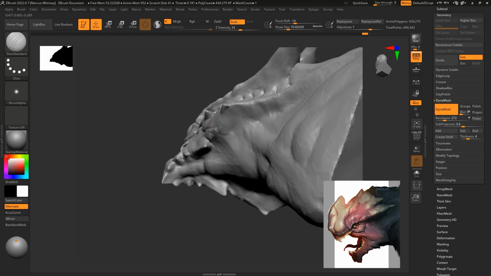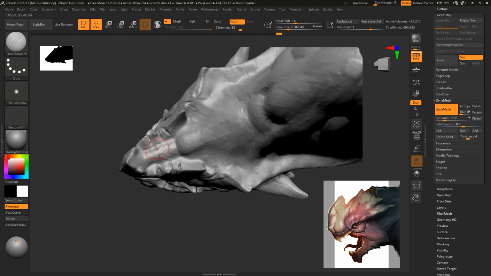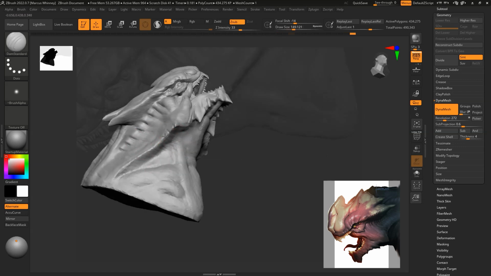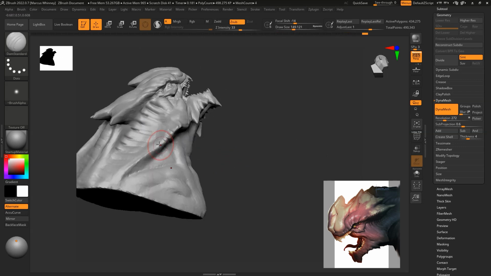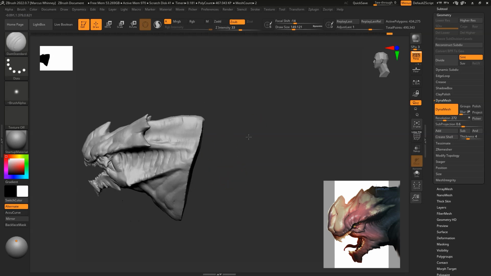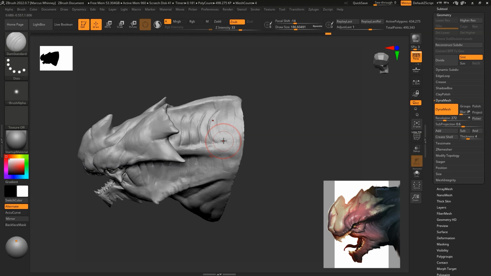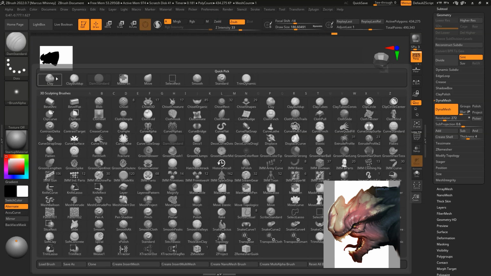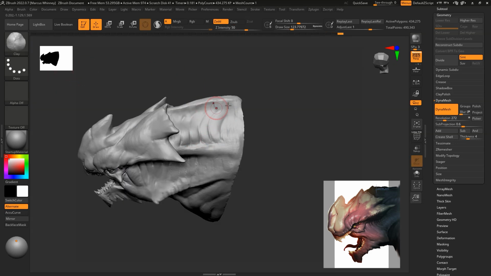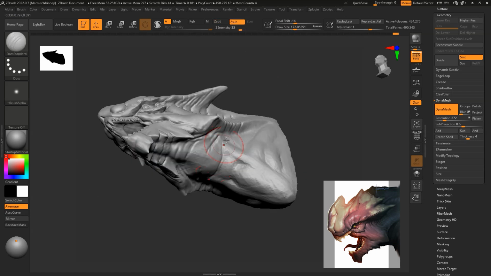Essentially what I'm doing is I'm just cleaning up the model before I retopo it or Z-remesh it to a better topology. But I'm also going in and adding some extra details that I know will be projected onto my clean version. I'm not going in and adding any pore details or wrinkles, like really small wrinkles or anything like that, because that can be done later on. I'm going in and I'm just adding extra details where I think will be